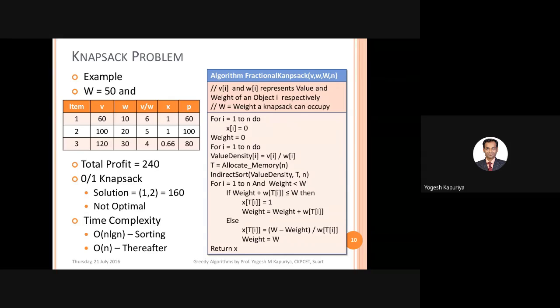Let us take a practical example. There are two objects available: one is a Parle-G of 100 gram, and the second is an iPhone of 200 gram. Parle-G costs 5 rupees, and the iPhone costs, let us say, 20,000 rupees. So which object should you pick?